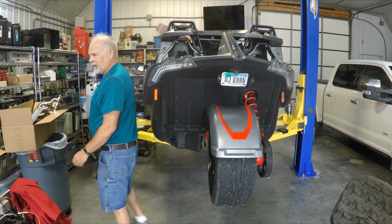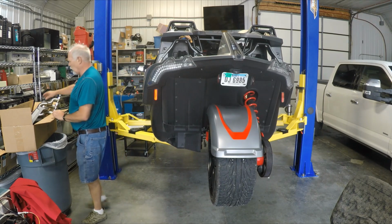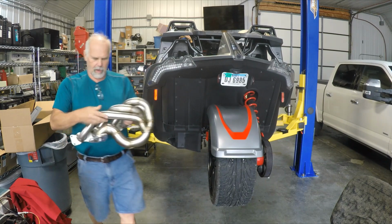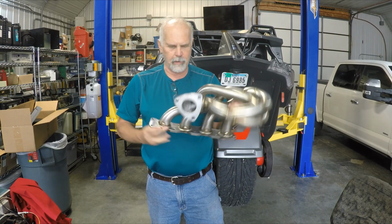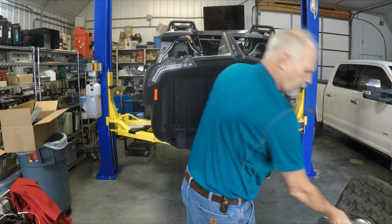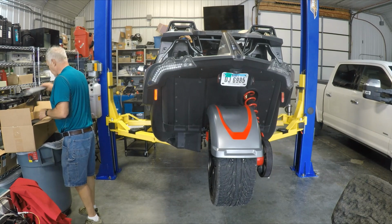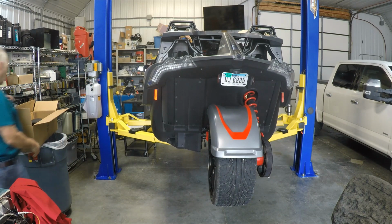I'm going to start a project of replacing the headers, putting a new header on, and putting a Welter FSX side exhaust in. So I'm going to be installing a full-blown header, all nicely stainless steel, highly rated. Put that on. And then we are going to